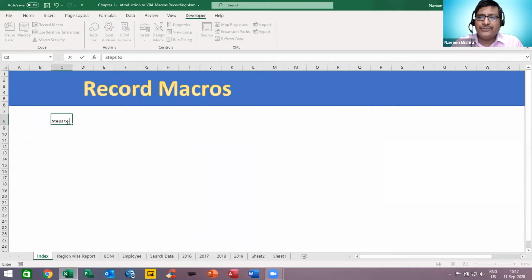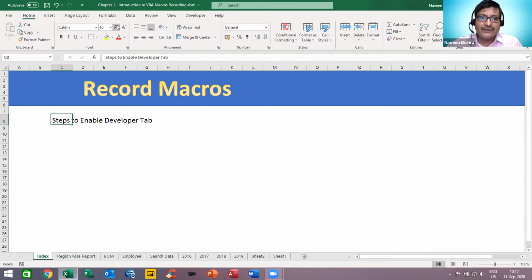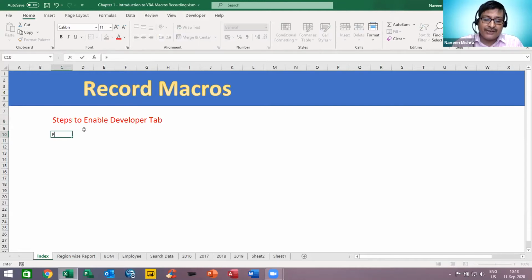Steps to enable developer tab, right? So we can simply follow the steps to enable the developer tab. First of all, if you are using 2010 version,